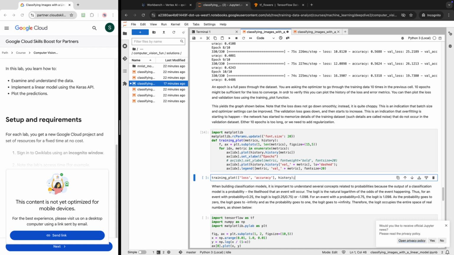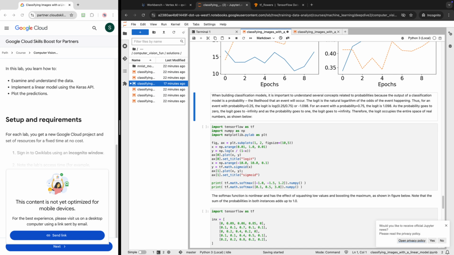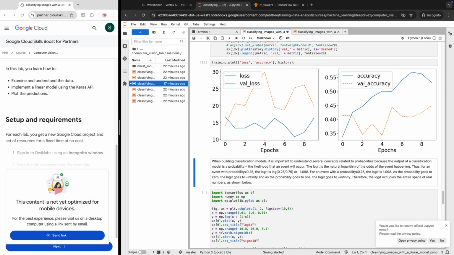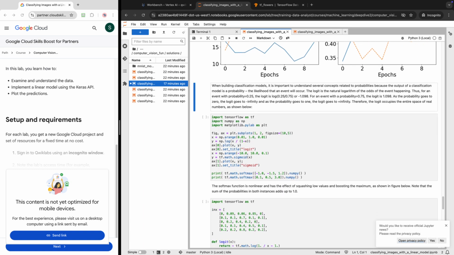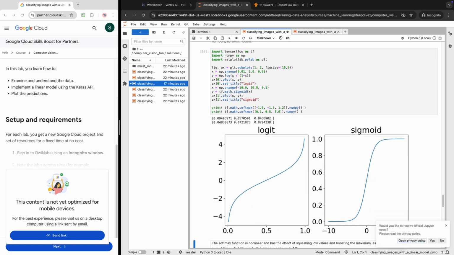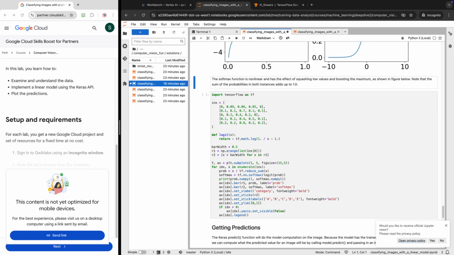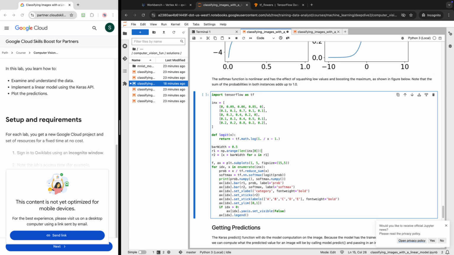Training plot, loss and accuracy history. So let's plot this, and you can see the loss and validation accuracy over epochs. At any point, you can pause the video and analyze that. That will take additional time, so I'm skipping those steps and continuing with the next steps. Here we are seeing the logit and sigmoid functions and how the training was completed. So now importing TensorFlow